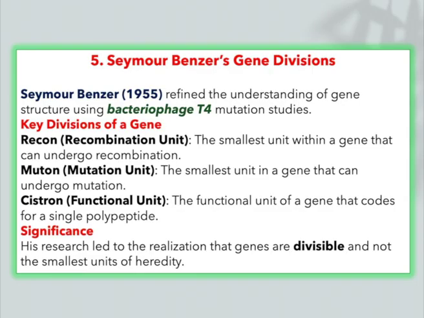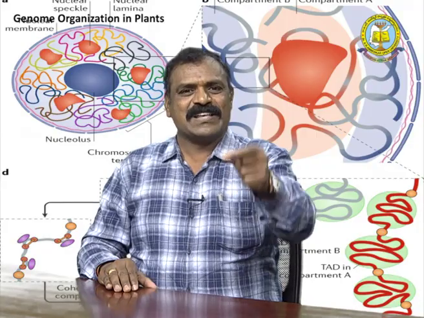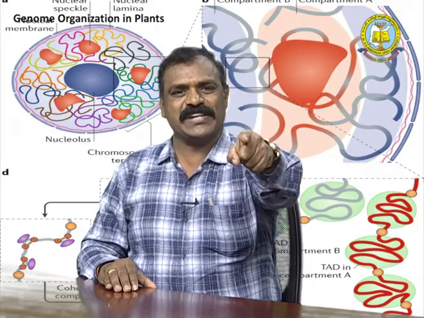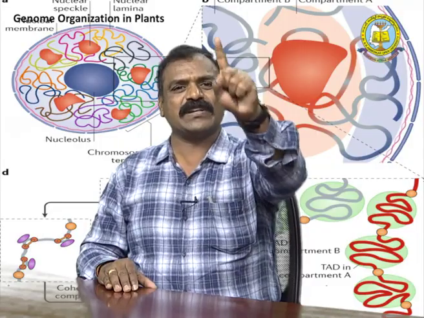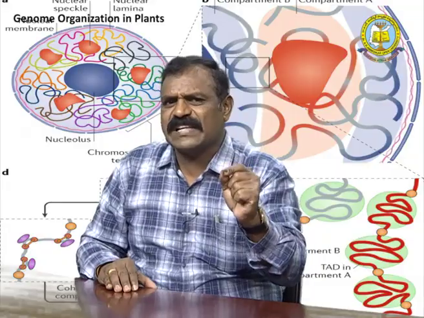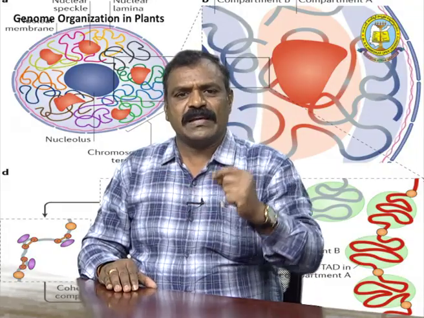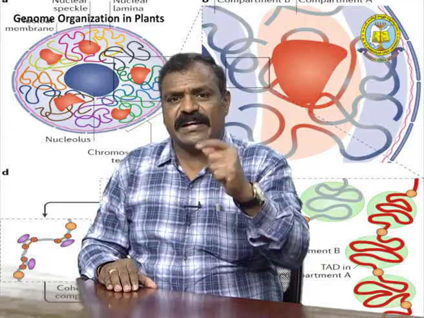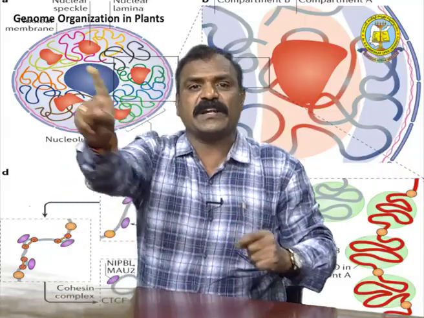According to Seymour Benzer, the gene is divisible. It divides into 3 types: recon, muton, cistron. Recon is nothing but the recombination unit. Muton is nothing but the mutation unit. Cistron, remember my dear students, cistron is the actual gene. Cistron is nothing but the actual gene. It is a functional unit. So the significance of this research was the realization that the gene is divisible and not the smallest unit of